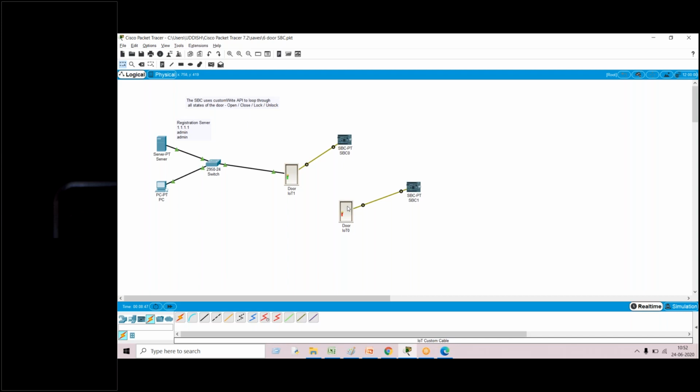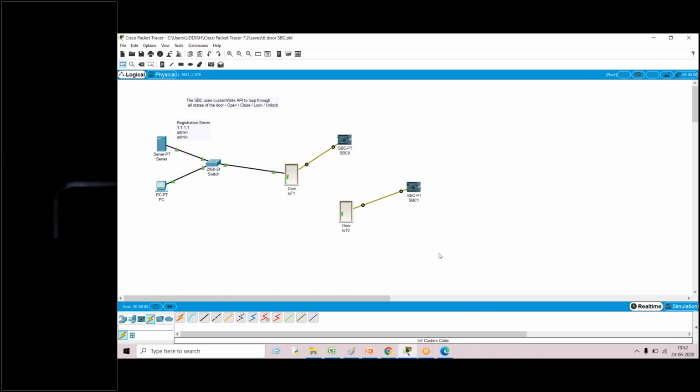Suppose I want to unlock it: again alt click on the red knob. Now the door is unlocked, and I can open the door by clicking on it. So these are the four different features of a door.